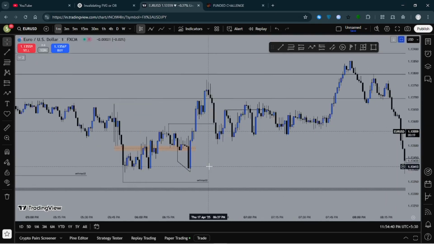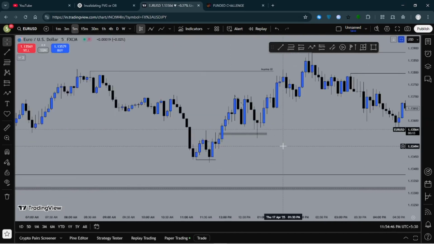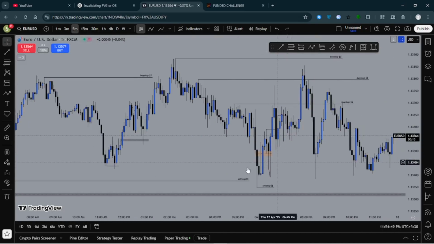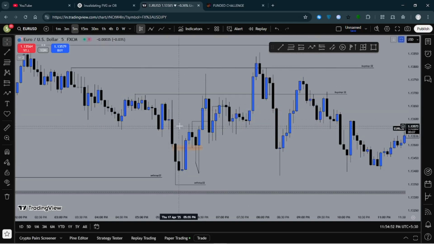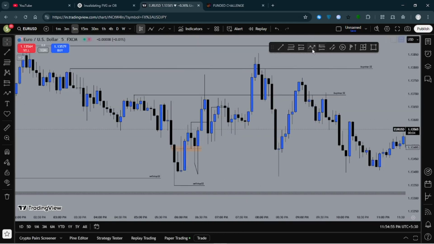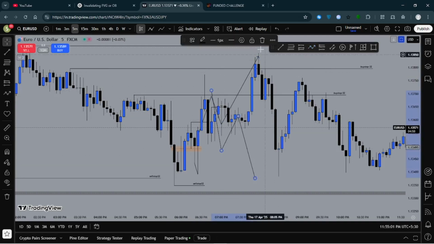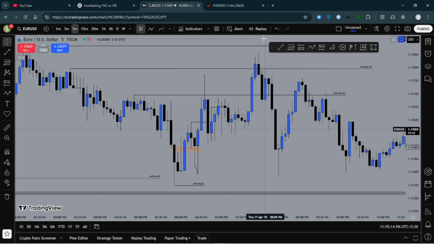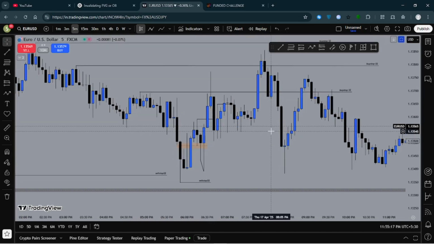Now, one thing you have to understand is this perspective closely. Look, I said there are 2 perspectives. One is this, and the second one is this. First thing could be this. Second thing could be this. Both are available here. Both can happen. So this is becoming another kind of conflict zone. Conflict zone means when you are having 2 perspectives, and here is one perspective, here is another perspective. So it's a kind of conflict zone where you can't say specifically what's going to happen. So you have to wait and watch what price does.